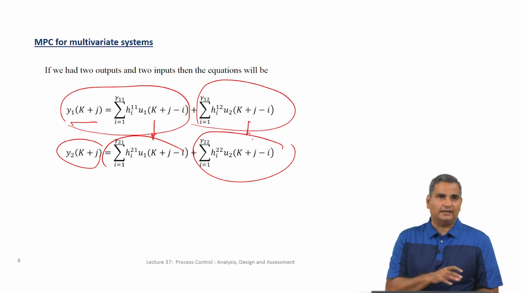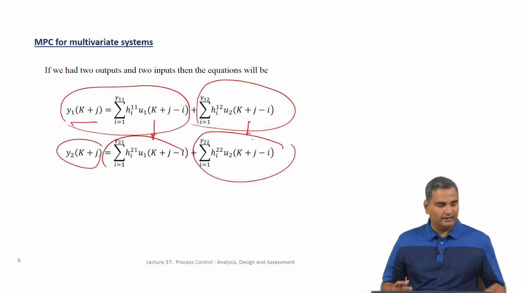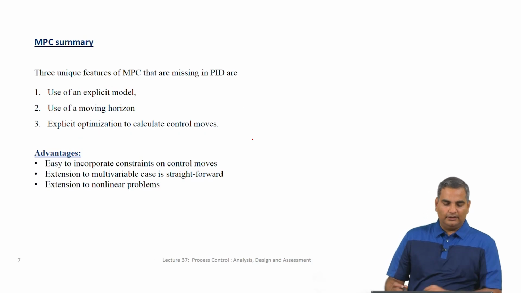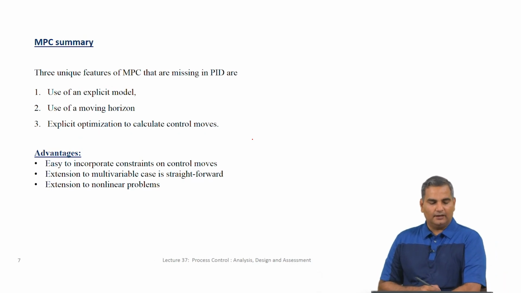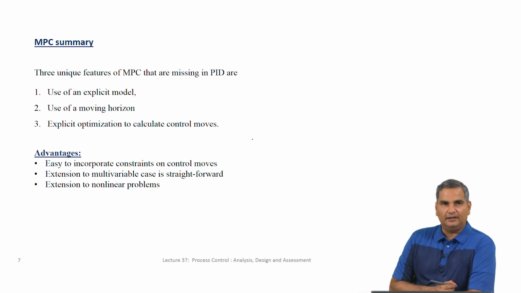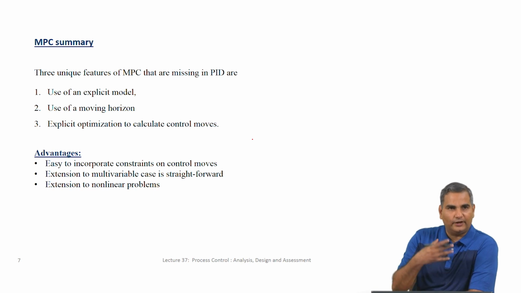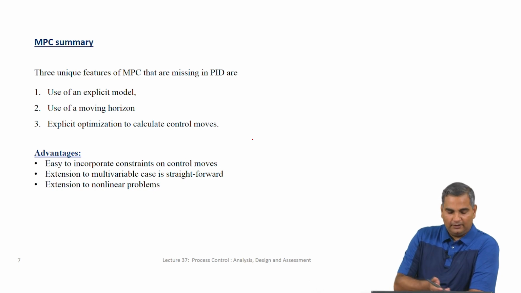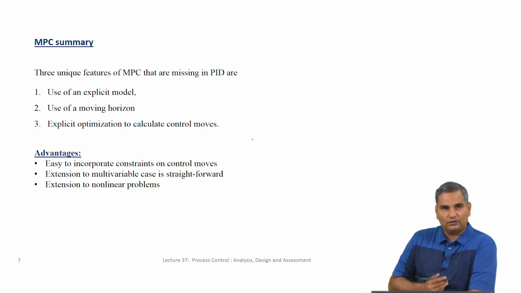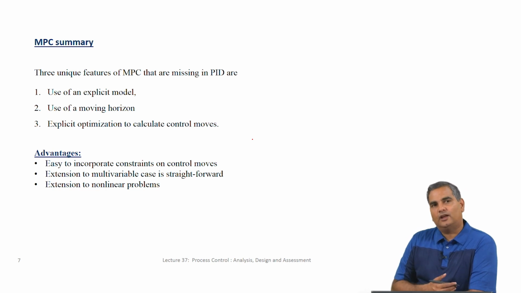So, this is one of the major attractions of MPC, because when you go from SISO to MIMO control, you do not need much more sophistication. The basic ideas simply translate. So, in terms of a summary, the unique features of MPC that help us are use of an explicit model, use of a moving horizon, and explicit optimization to calculate control moves. This is something we have talked quite a bit about. The advantages are easy to incorporate constraints, I talked to you about. Extension to multivariable case is straightforward, which I showed you in the last slide, and extension to nonlinear problems is also straightforward,